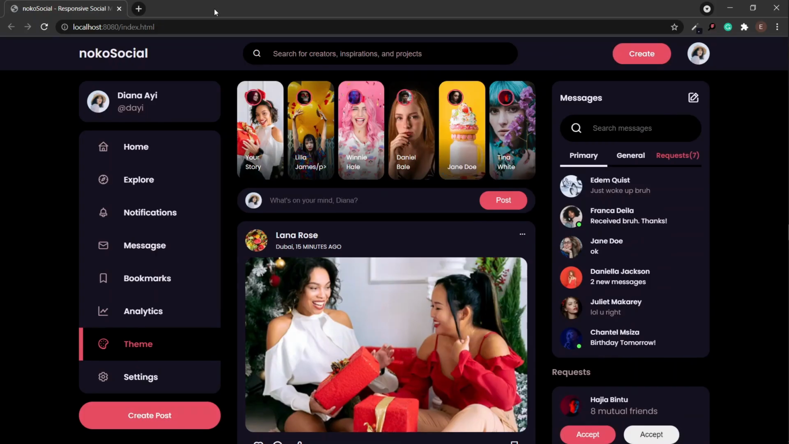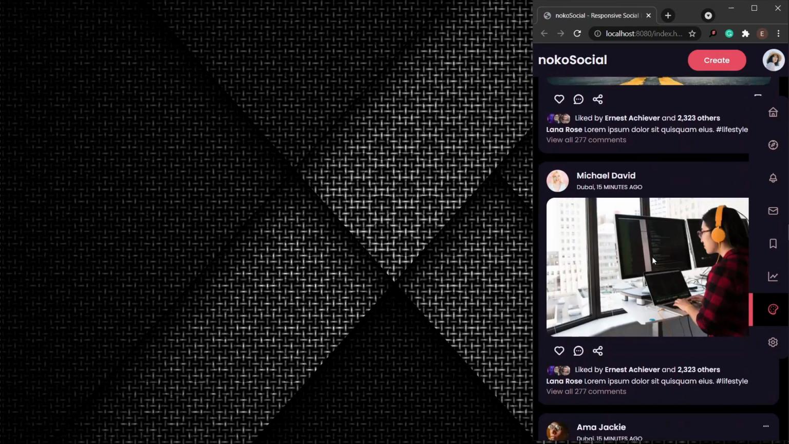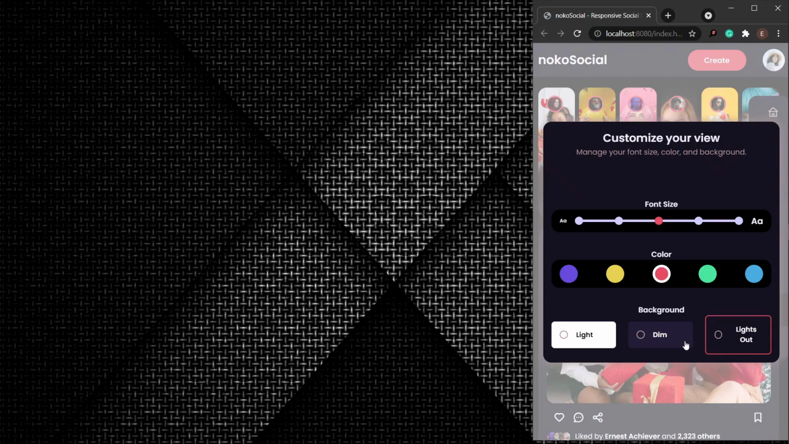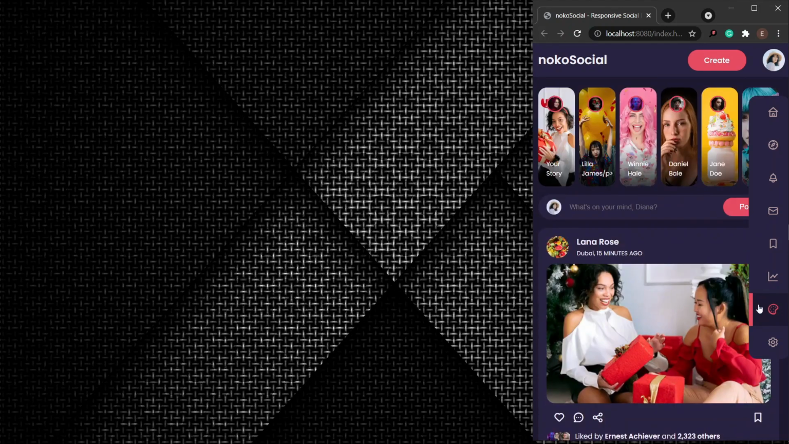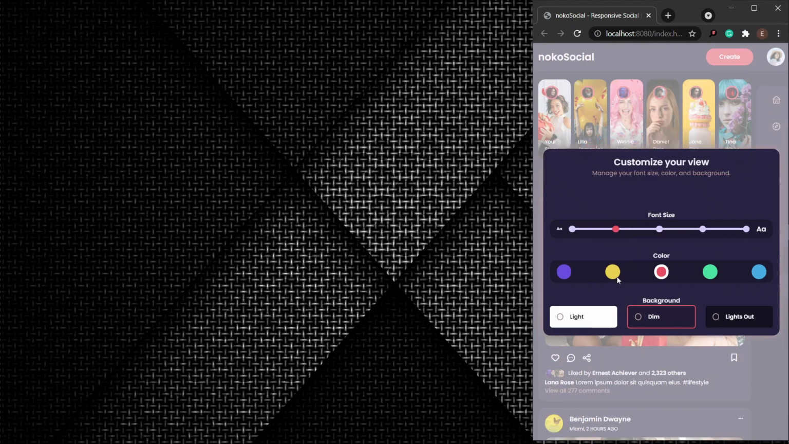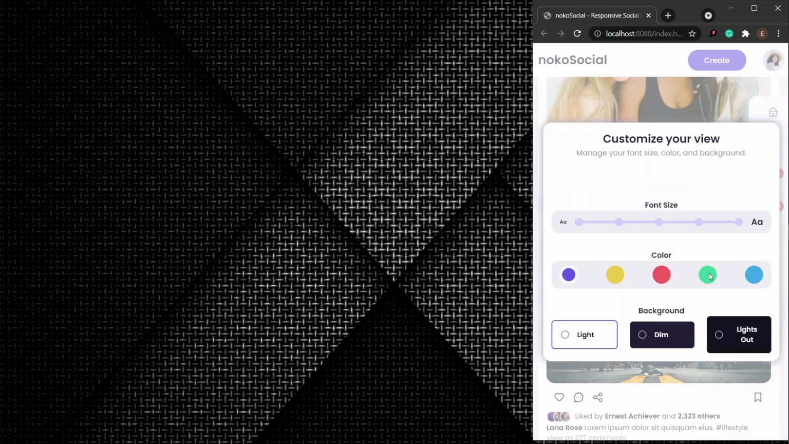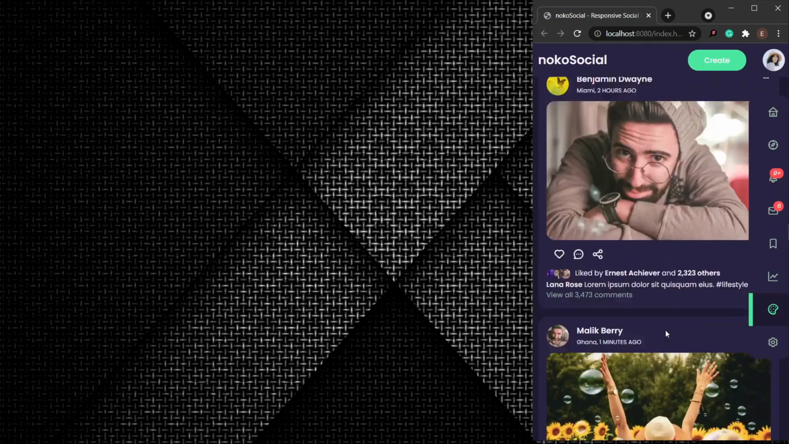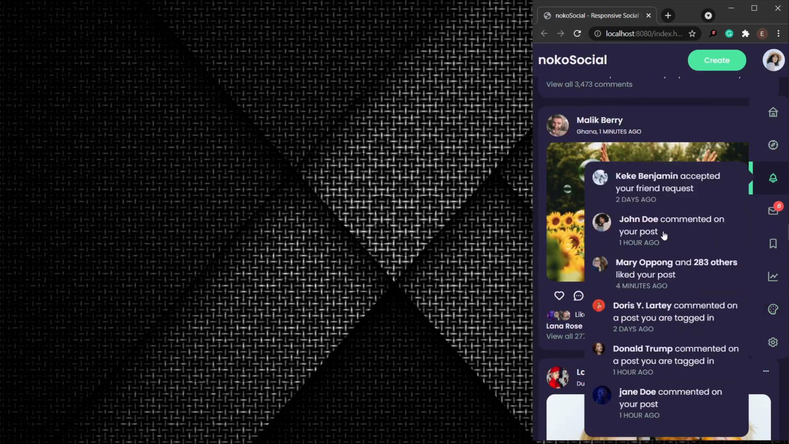All right, so this is actually going to be responsive, so let's check that out. So on mobile, this is how it's going to look. This is how it's going to look on mobile. We can still customize our interface. Okay, we can change the font size and all that. All right, perfect. We can see our notifications,